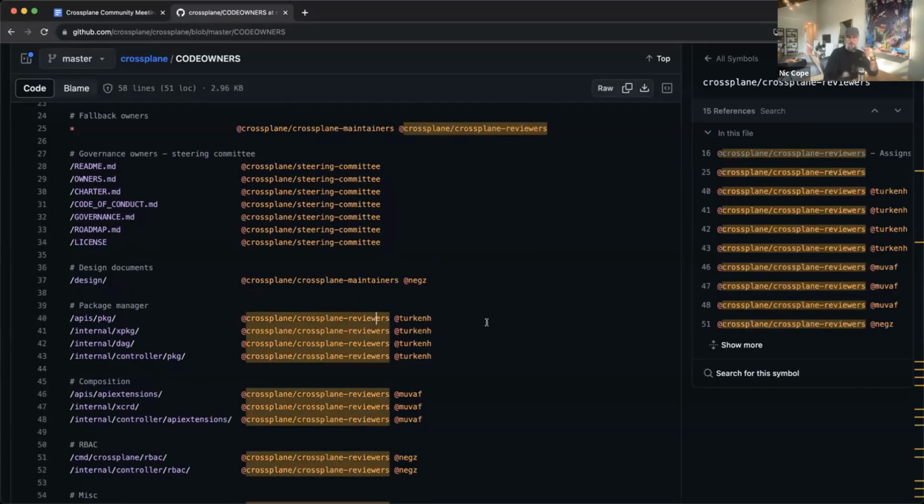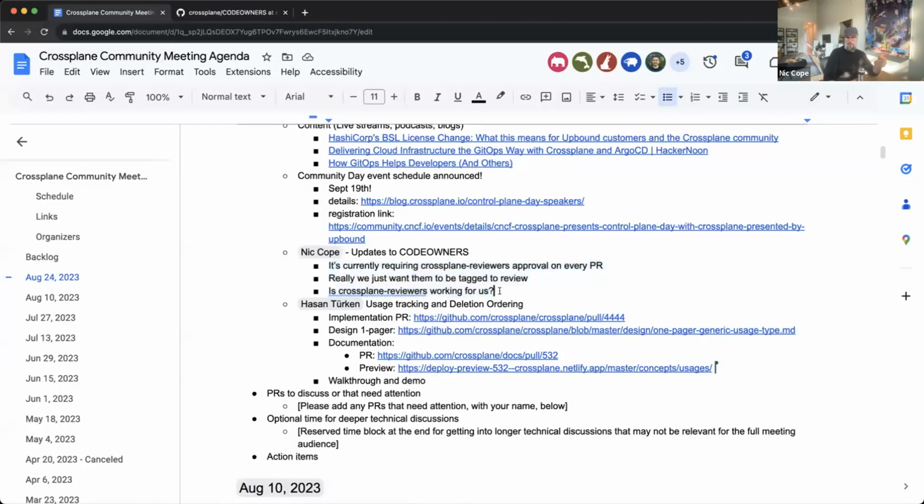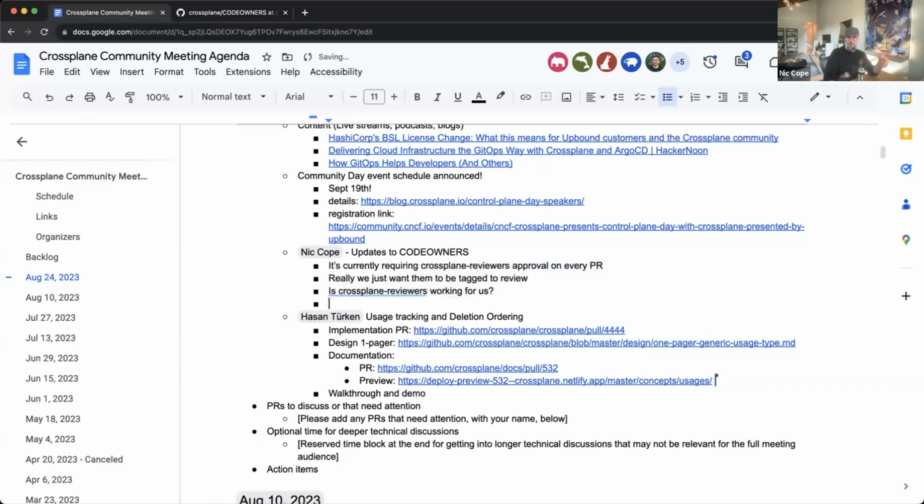So something that keeps happening is that this works in that it picks two people from the Crossplane reviewers team, I think it's two, and adds them to a pull request to ask them to review it. It doesn't work in that even if the subject matter expert or a maintainer approves a PR, the PR still can't be merged because it's waiting for someone from the reviewers group to approve it. So I'm not sure if we could tweak that.